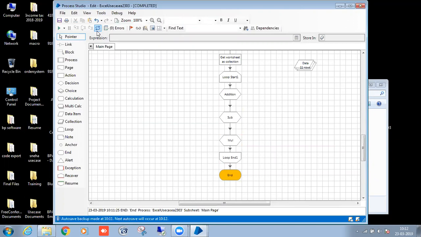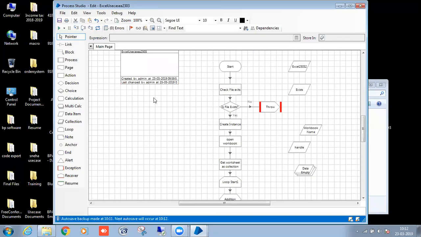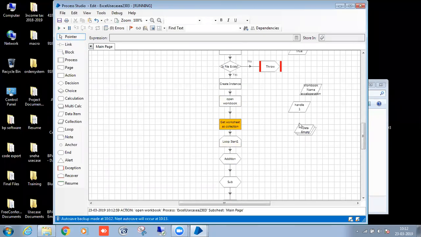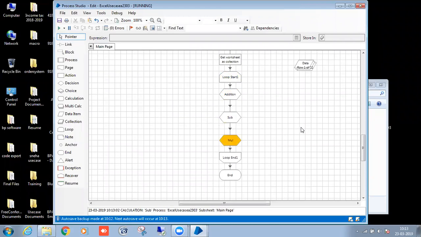You have to update the multiplication. Yep, data. Okay, next action is that only, because after that, I will explain this. So now addition, subtraction, multiplication, everything will run.